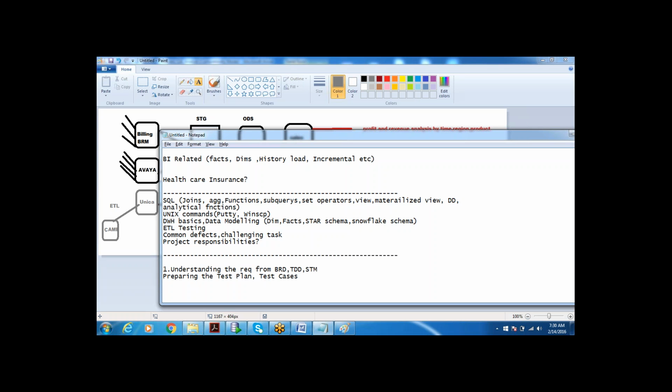I hope you know what you mean by STM: a data mapping sheet or a source to target column mapping sheet. We'll prepare the test cases and the test plan, execute the test cases, compare the actual results versus the expected results, and write queries to validate the data,